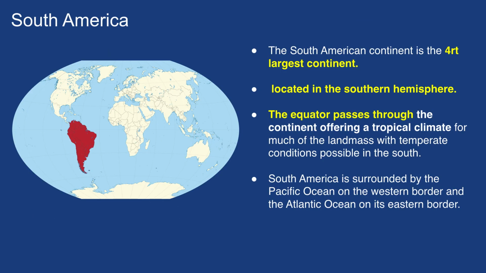Next, we have South America. South America is the fourth largest continent, and it's located in the southern hemisphere. And the equator passes through the continent, offering a tropical climate for much of the landmass. And it is surrounded by the Pacific Ocean on the western border and then the Atlantic Ocean on the eastern